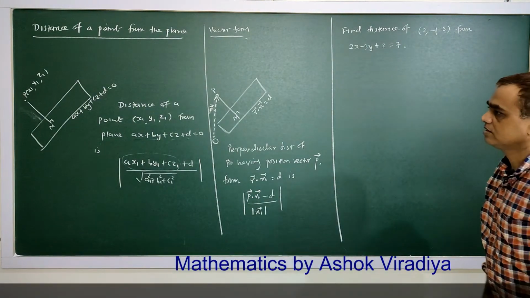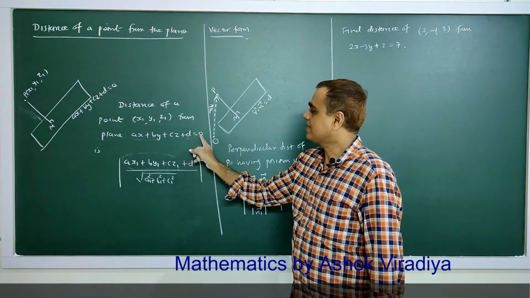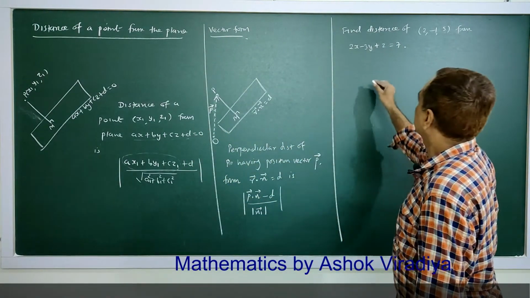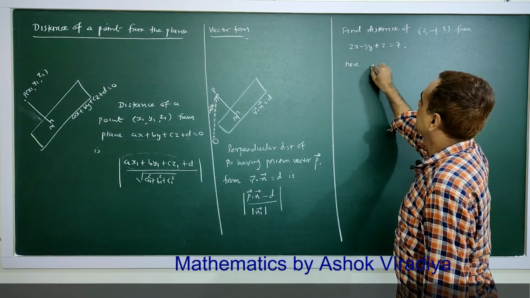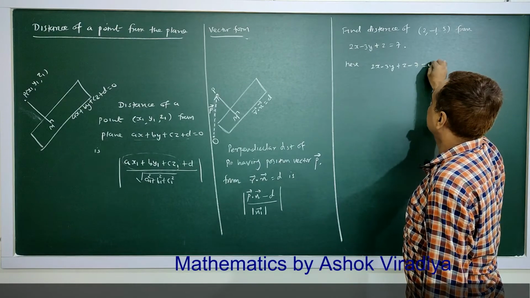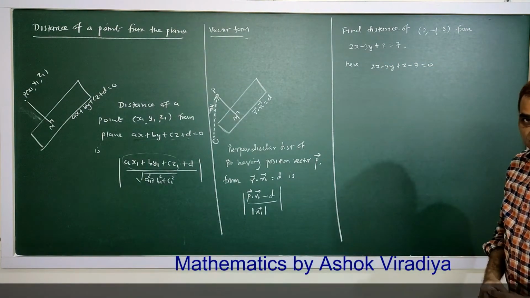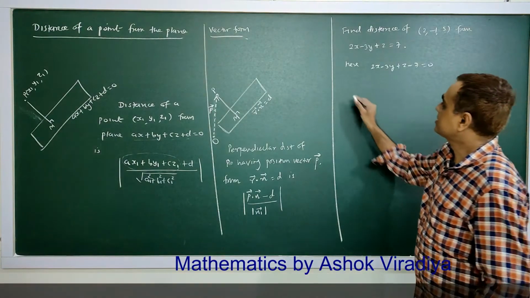So see, to apply this formula, RHS should be 0. So here 2x minus 3y plus z minus 7 is 0. So first of all, if RHS is non-zero, set 0. Now required distance is